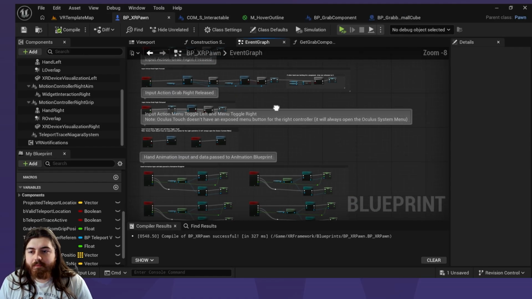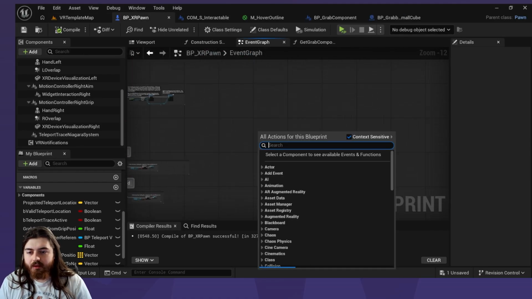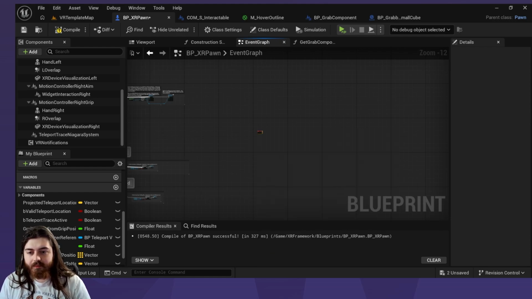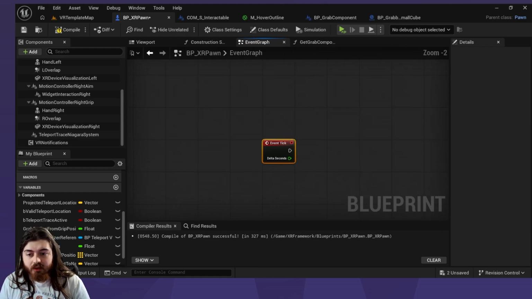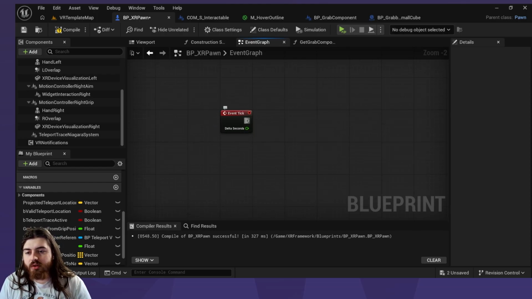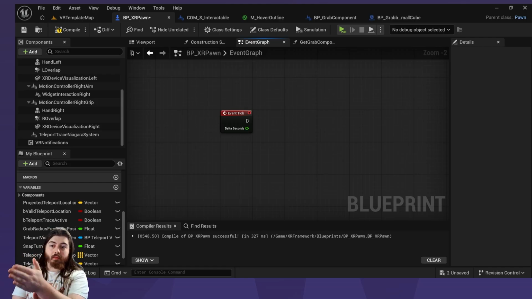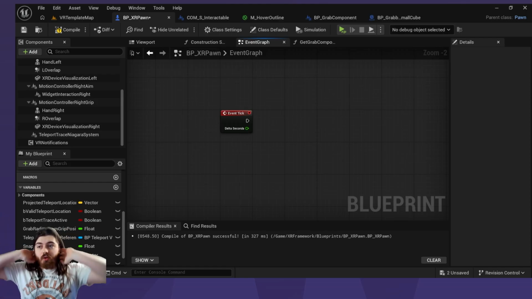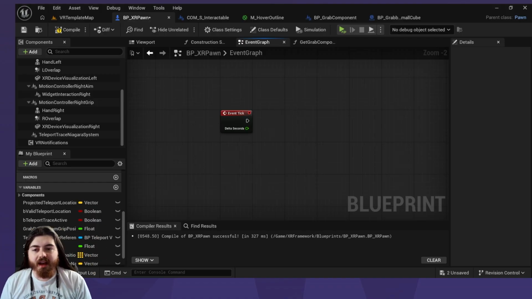So back in our XR pawn, we are going to add a tick. This is the most convenient way to do this. Is it the most efficient? No, probably not. Basically, we're going to, every tick, do a line trace from our hand or from our motion controller in the direction our motion controller is facing, out a certain unit and then basically just copy that kind of logic that we took from our first person in the last tutorial, where we get a reference to what we're currently hovering over